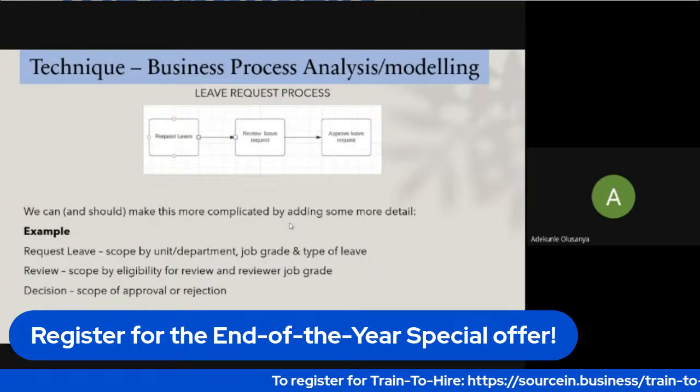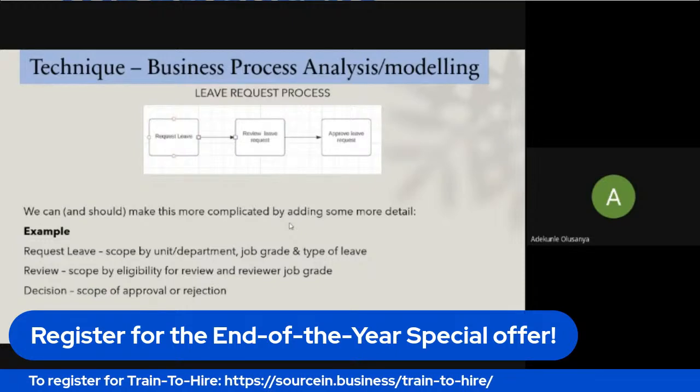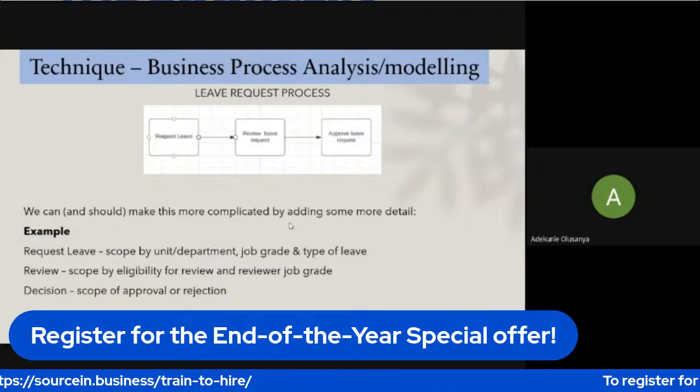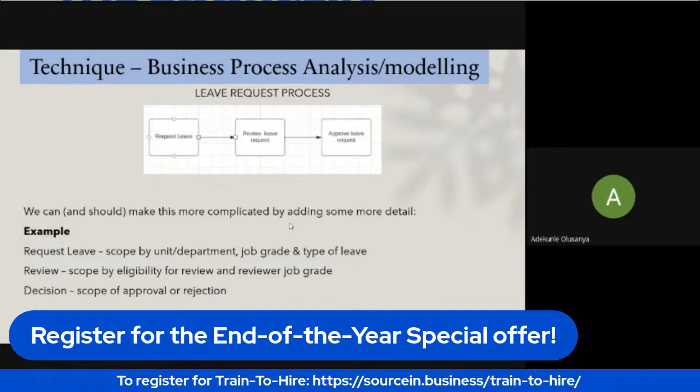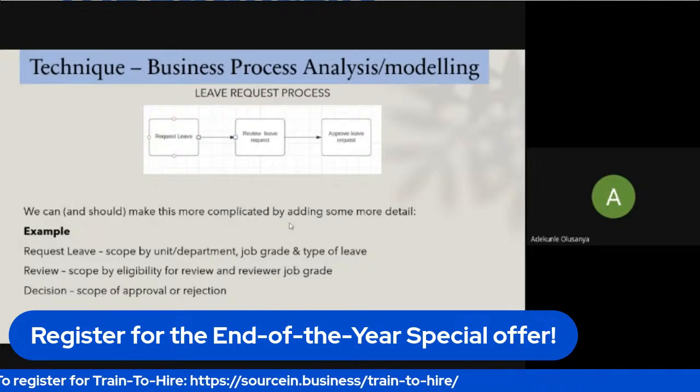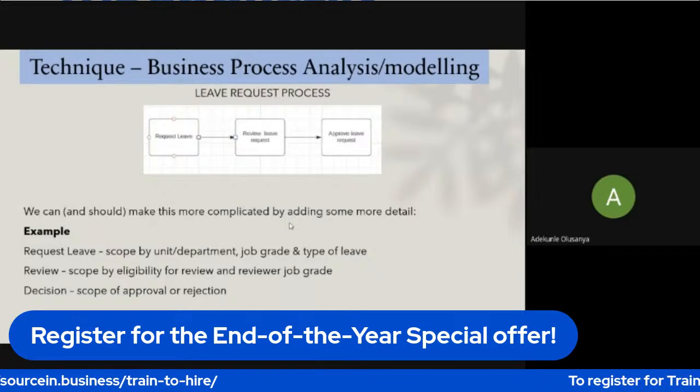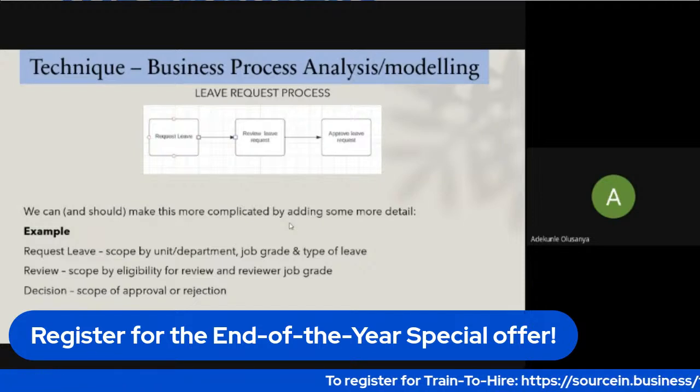Must it be your functional manager, or does it have to be your N plus two, your N plus three, whatever? Or can you even have a case where your peers review your leave request? Because I remember one of the companies I work with, there's a leave plan at the beginning of every financial year, and it is not so much as if your boss is reviewing. It's a joint review.